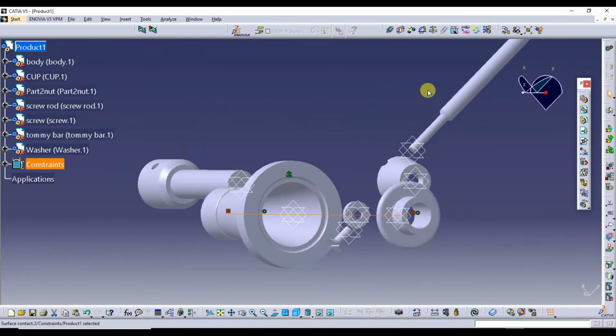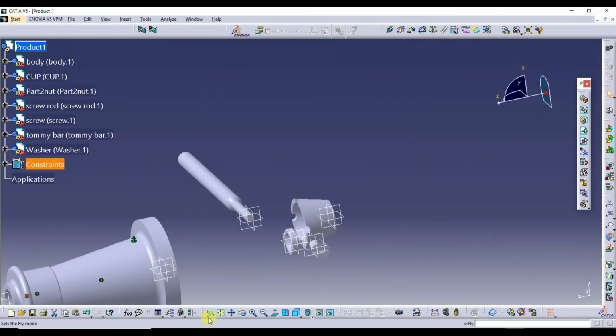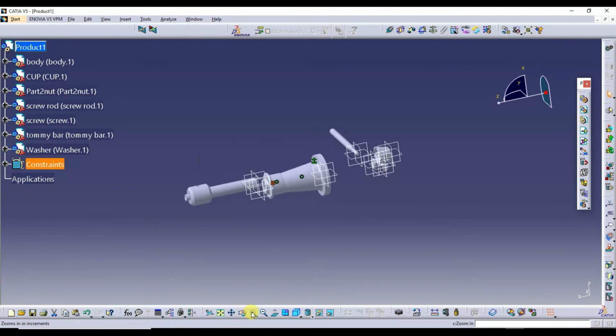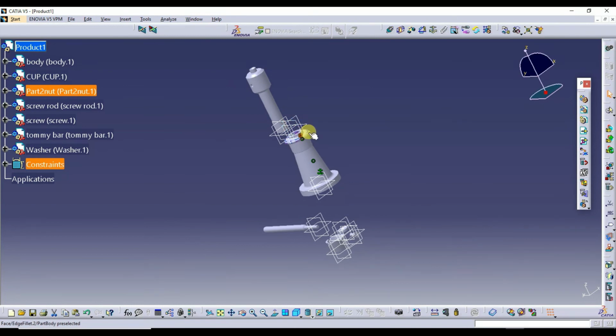This part. Then I'll go for the update. See here, the nut is coming in contact with the upper surface of this part.